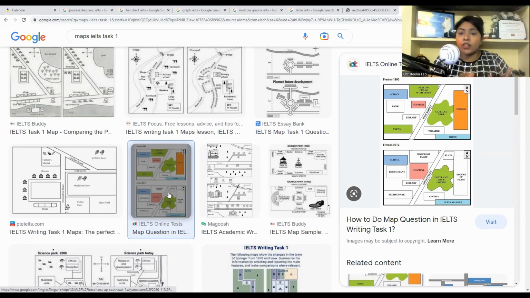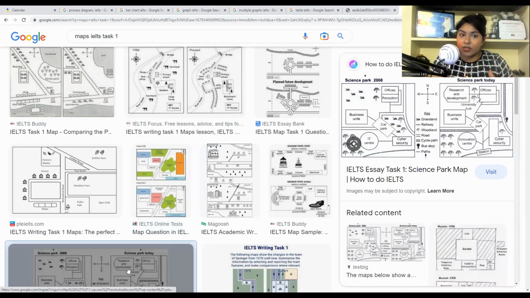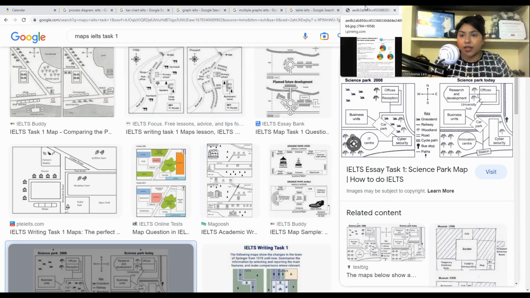So basically, they want to check if you are able to describe the differences, and use the descriptive map language and vocabulary to show the differences between the maps, and also talk about all these things using the appropriate tenses. For example, past tense or future tense, and then present tense. So this is one particular question you could get. There's also a set of map vocabulary that you can use for this, which includes directions and descriptive language about